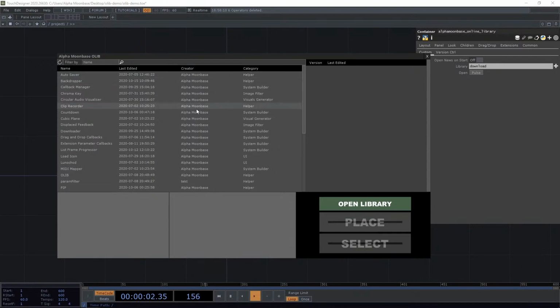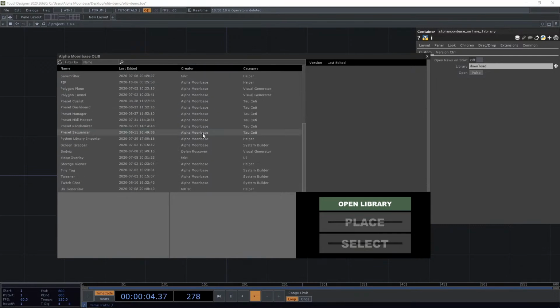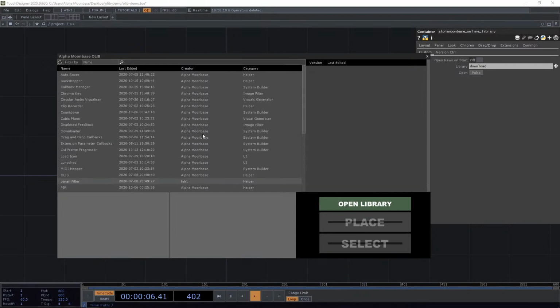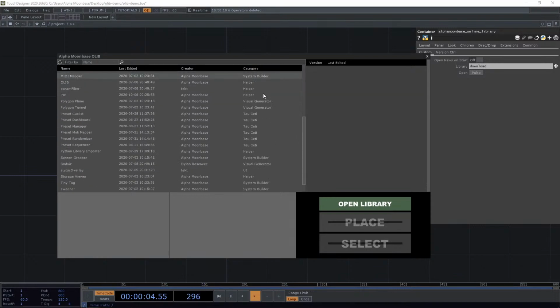You can see who made it. In this case, most of these components are by me, but again, it's open for everyone to contribute if they want to. And a category, like users or developers can create their own categories if they want to, but there's a set of